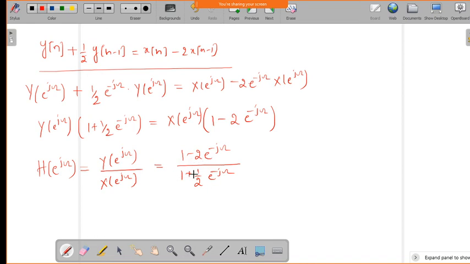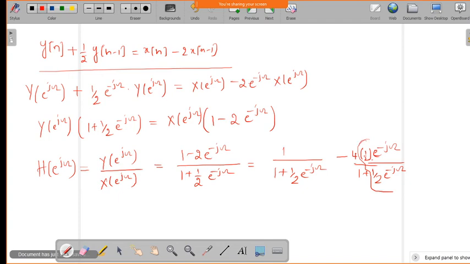So similar to what you got for 1 over a plus j omega, in the similar way this also can be solved, and we can split it as 1 over 1 plus half into e power minus j omega, minus 2 into e power minus j omega by 1 plus half into e power minus j omega. So now I will divide and multiply by 2. So I will get 4 into half, so if I do like that, I will get the value which is 4 into 1 by 2 into e power j omega. So now you can see here, this term we can express in the known form.